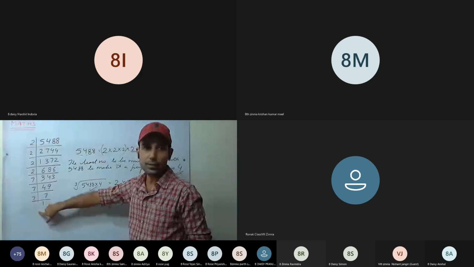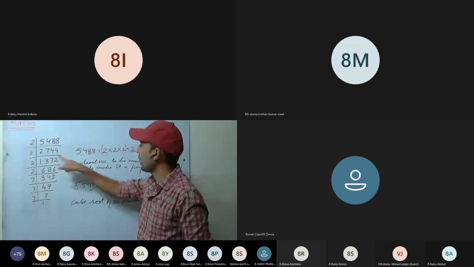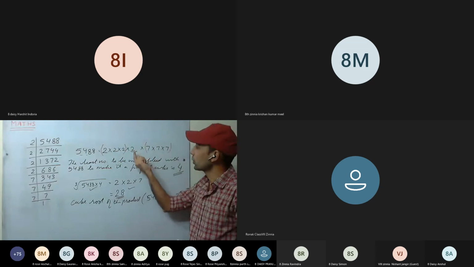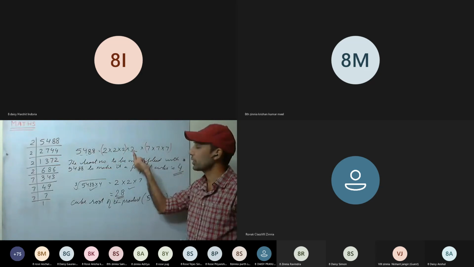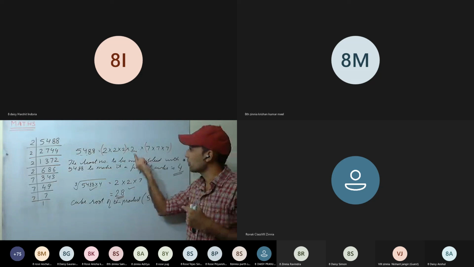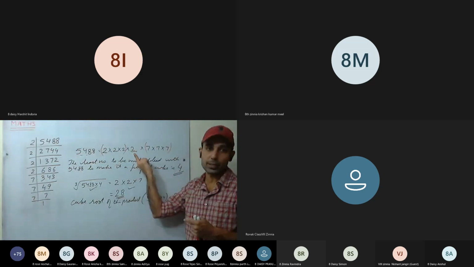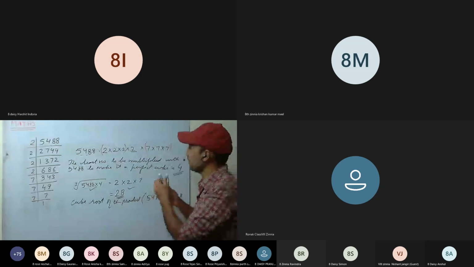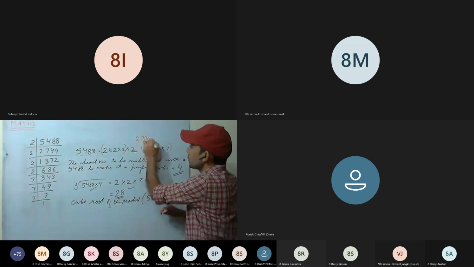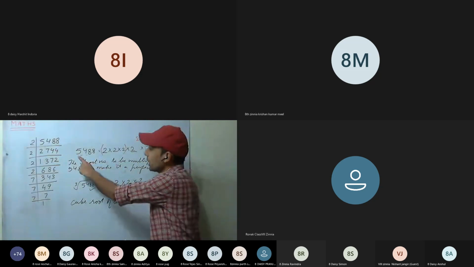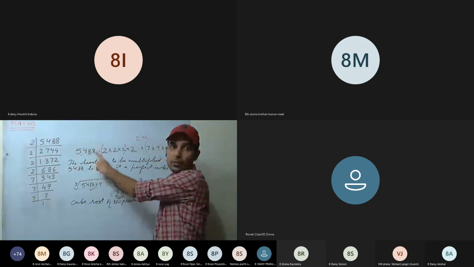So we have factorized it. Now, when we see the factors, we form the triplets. No triplet of 2 is formed. So we have to make it a perfect cube. Triplet of 2 must be there. So how many 2s more should be there? 2 into 2. Now 3 we have, triplet can be formed. That means we have to multiply this number 5488 by 4.